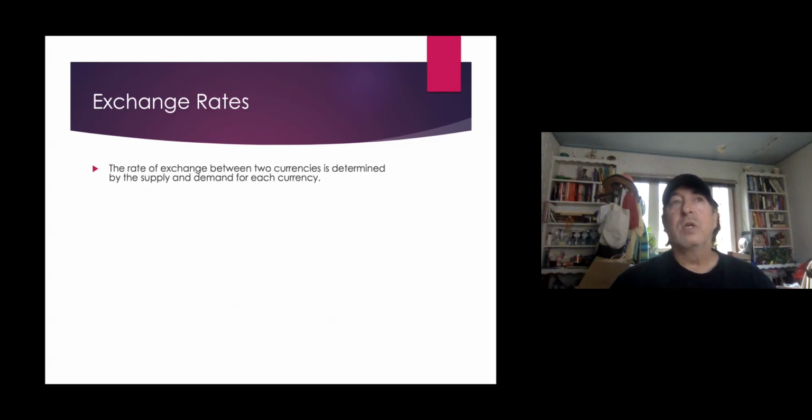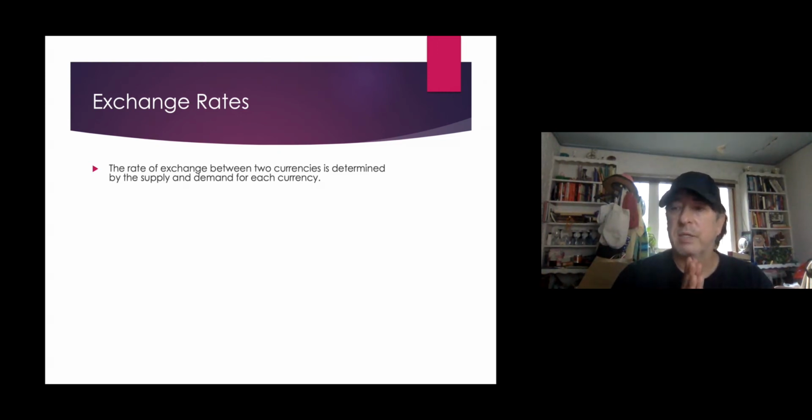Exchange rates. So, we talked about money moving across borders, but of course, there's no global currency. Instead, each country issues its own currencies. And then we have to figure out, okay, if we're going to engage in trade, I have to accept your currency, you accept mine. We're going to need to figure out at what rate of exchange our currencies will be traded. And basically, the price of a currency is set in the same way as the price of any other good. It's supply and demand.